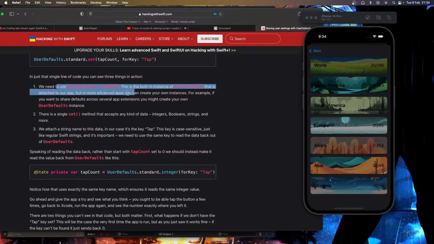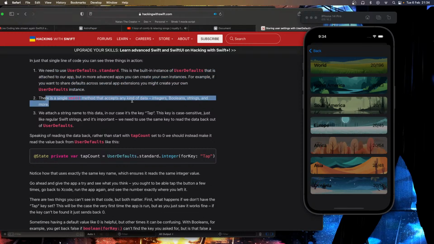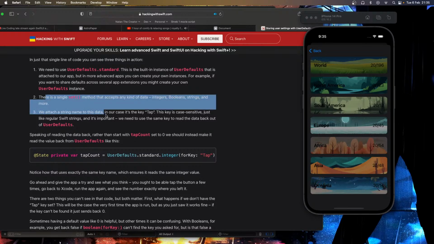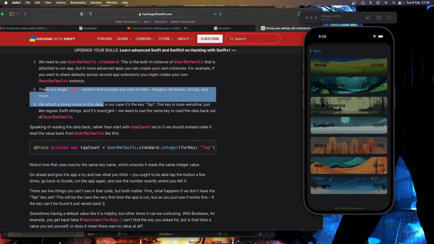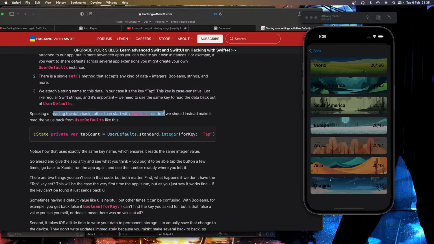Oh, he's about to explain what I just said. But in a more advanced app, for example, you want to share several extensions. This is a single set. We attach this. Okay, so speaking of reading,